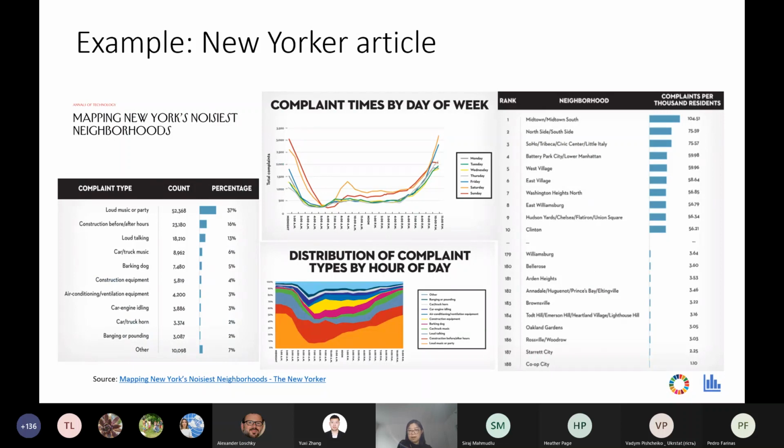So this is a rather bad example taken from the New Yorker magazine. You can see all the beautiful charts. This is about how the author maps the noisiest neighborhoods in New York. They created all these beautiful charts to show different sizes of the noises in the city. However, if you click the hyperlink to read the story, you're going to see there are no key messages, no insight whatsoever. After reading the article, the audiences are going to be buried with all the data, all the visuals, without any key takeaways to come to the top of their mind.